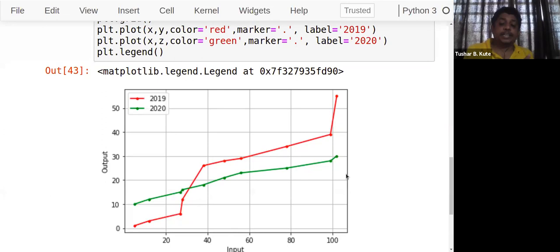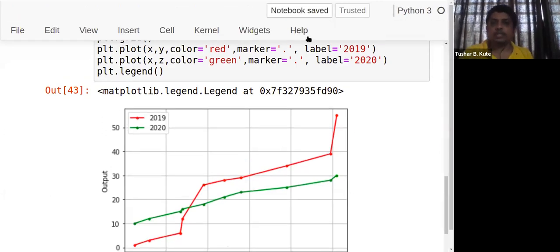Now I want a second idea. I want this comparison on two different kinds of plots, but in the same plane. In the same plane, I want to show it: first of all, x against y, and second is x against z. So to do this one, wait a minute.